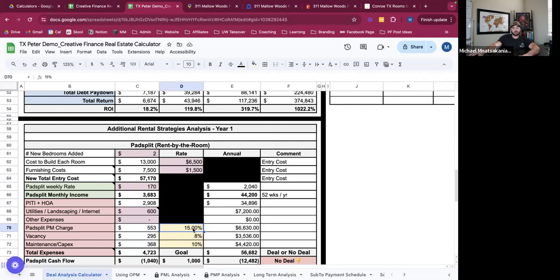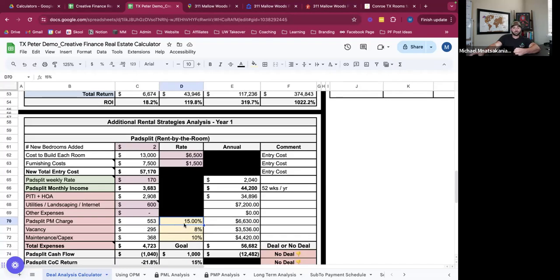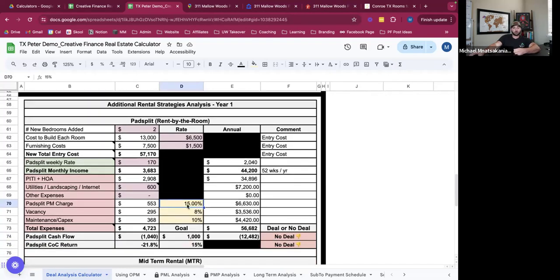So 15% is, because all PadSplit does is they're a listing platform. They're not actually managing it. They're a listing platform that has a bunch of tools for you to utilize to manage your tenants, but you still have to actually move them in and schedule cleanings and all that kind of stuff, schedule repairs. So 15% is a good estimate for what the total costs are, which also covers the